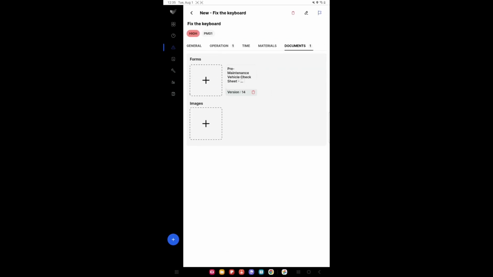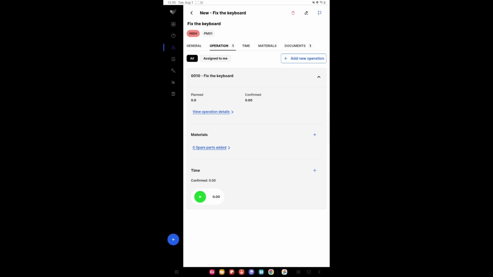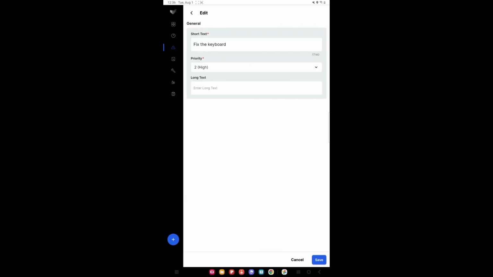So once I have created this work order, you see that there is the documentation tab, which creates automatically a digital form for me to fill when I'm completing this. But before that, the operation, fix the keyboard, this is already created. And then if I want to edit details on this operation, I can hit the edit button. I can enter some long text if I want to,